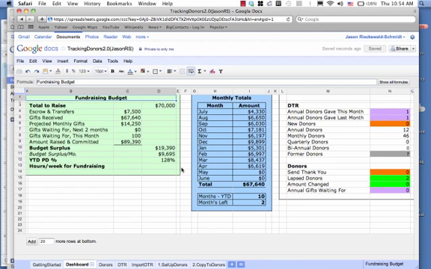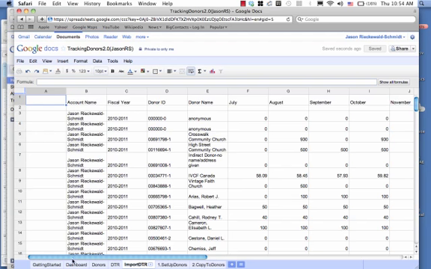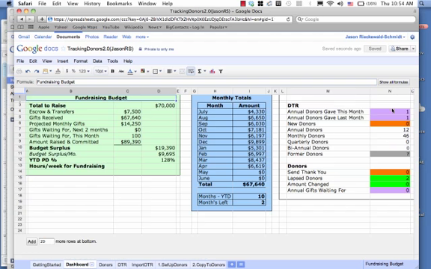So all that needs to happen on a monthly basis is importing the DTR like we did, coming to the dashboard, looking at all the different alerts and all the different things here, checking your year-to-date percentage to see how you're giving,